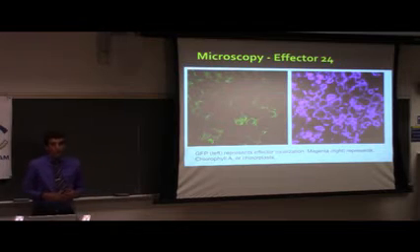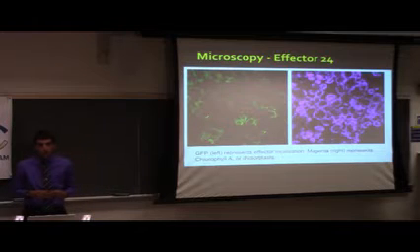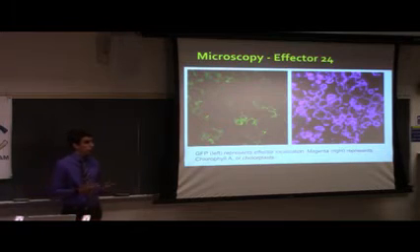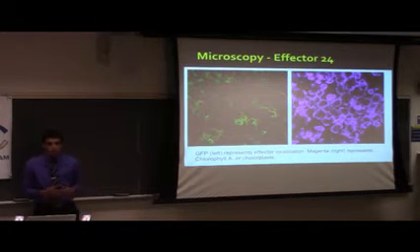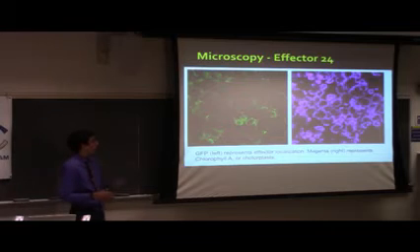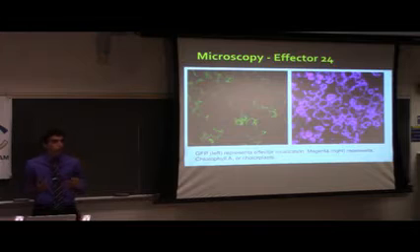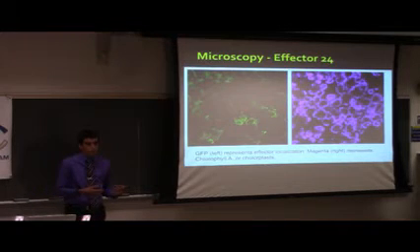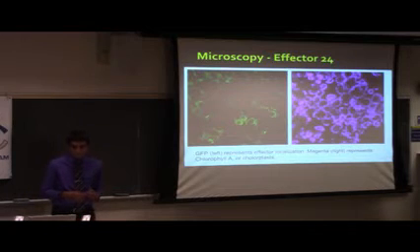In effector 24, we see that they have localized to mesophyll cells. So now we added a third organelle that it localizes to. We have plasma membrane, chloroplast, and now mesophyll cells. But what's interesting about effector 24 is that it only localized to the membrane of the mesophyll cell. So we can see in the right image that we see structures inside the mesophyll cells, but we don't see GFP on the left side inside the cell. So we can say that it's only localizing to the mesophyll cell membrane.